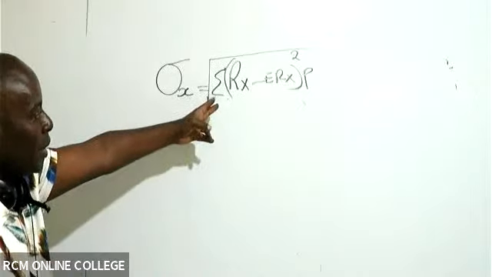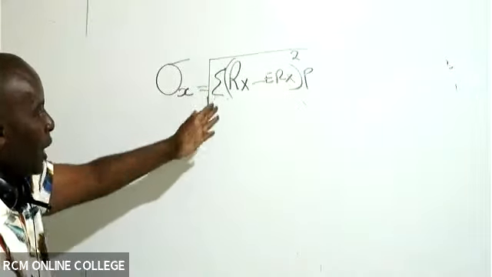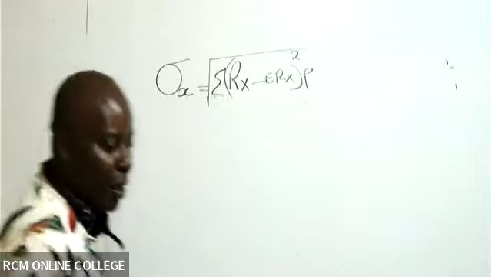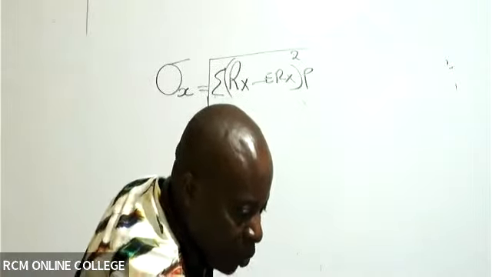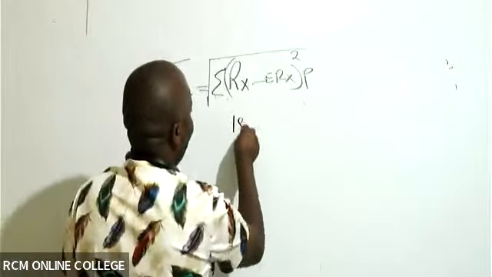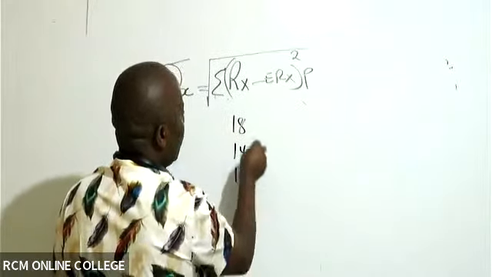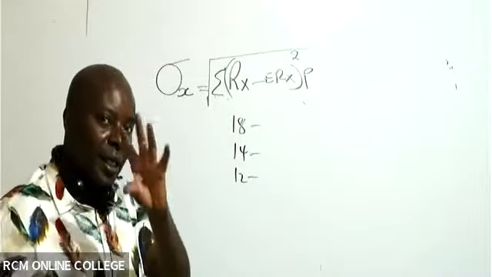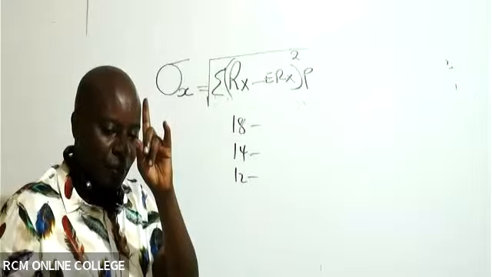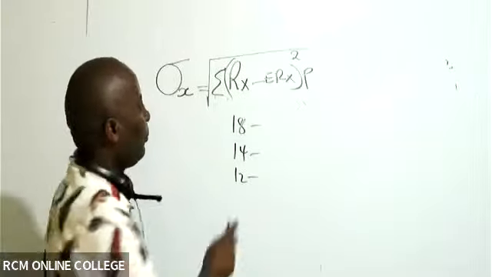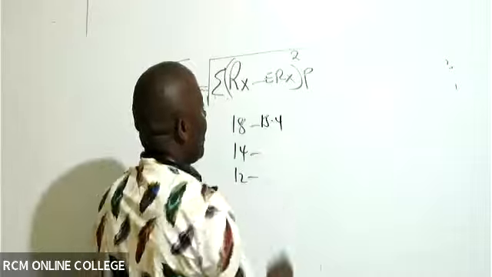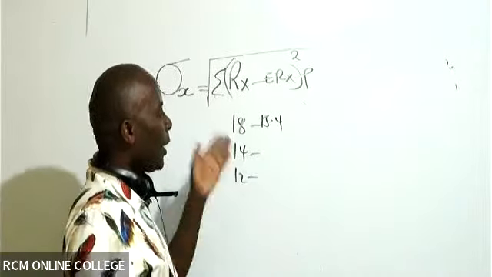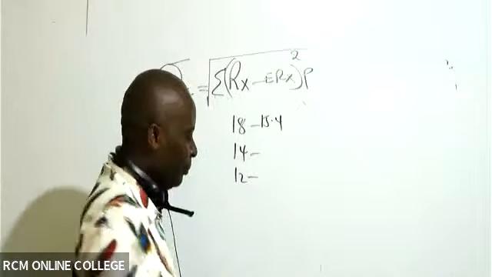So populate this. Population means you start with actual returns. Actual returns, we are picking the ones in the past papers. The ones in the past papers, we have 18, 14, and 12. Those are the actual returns. Expected returns, we found the expected returns in part 1 of the question. It was 15.4. Expected return will not keep on fluctuating. Regardless of the state of the economy, expected return will always remain the same.